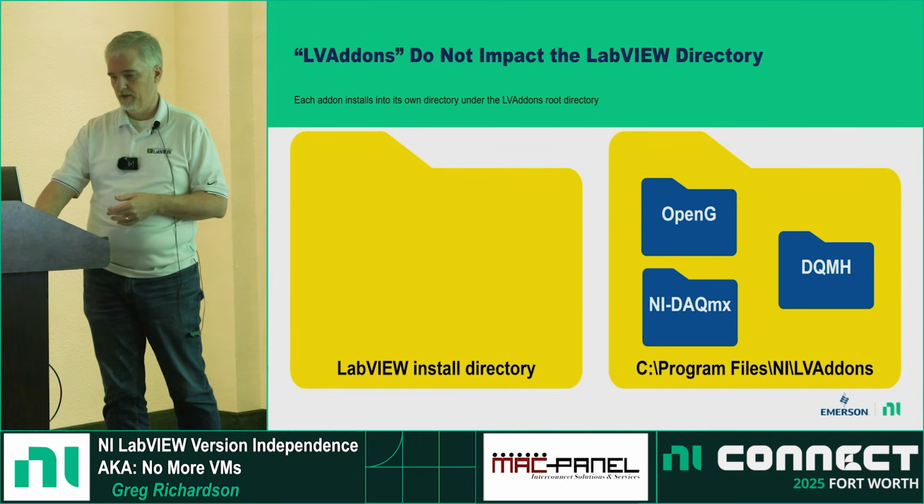We don't reference things from add-ons as relative paths. When you're referencing something from an add-on, it uses our symbolic paths. So we have a symbolic path for vi.lib, instr.lib, user.lib. As long as you're putting things in those locations, it doesn't matter. Because the way LV add-ons work is, if we go back,